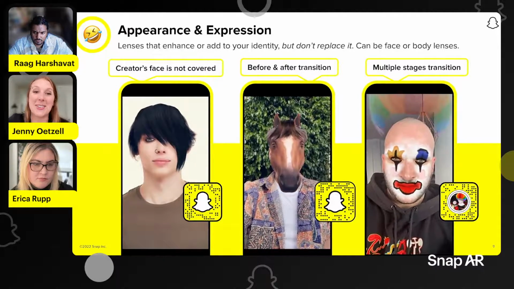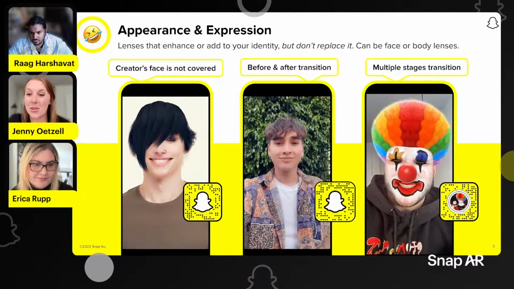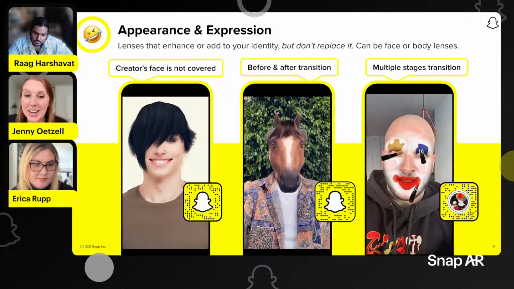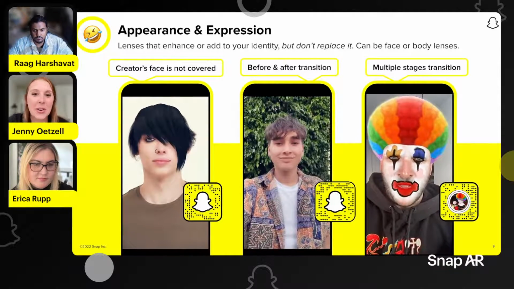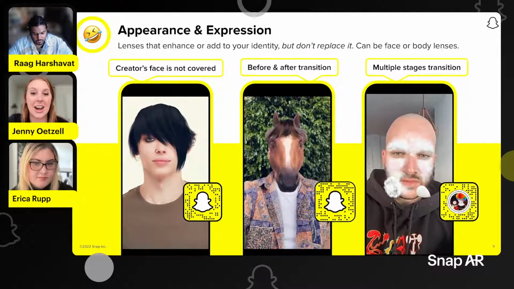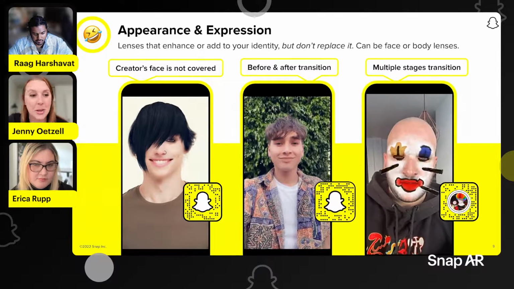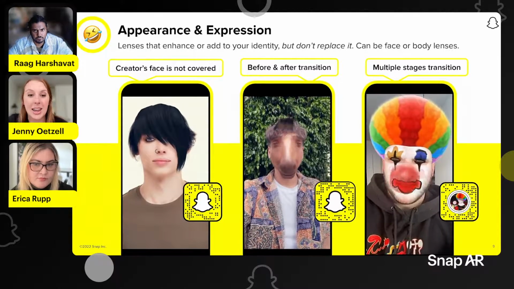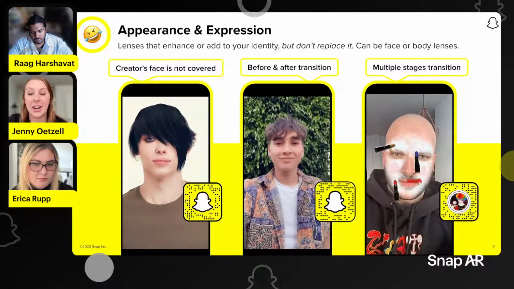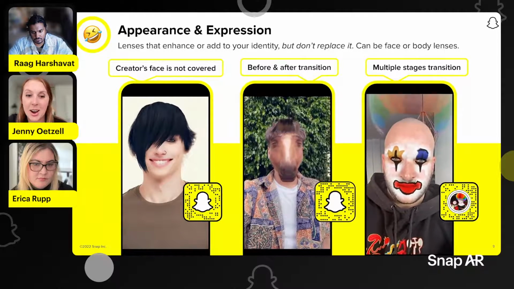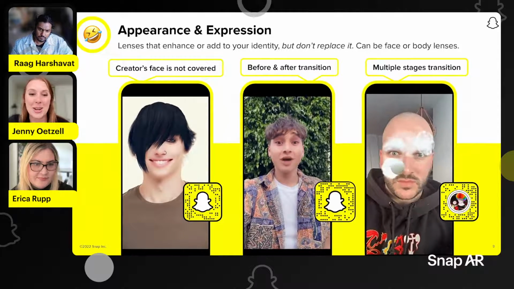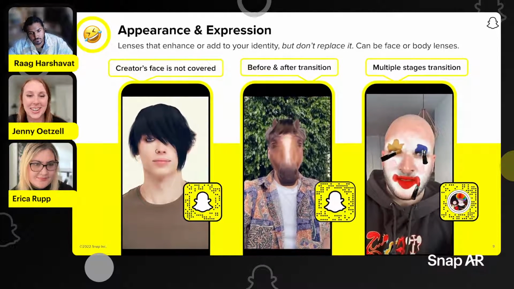Awesome. A lot of you have seen many of these, and I think the lenses Snap has made have really shined in the appearance and expression category. These enhance the user's identity, but we like to say not replace it. I think replacing a user's identity totally can sometimes be a little distracting. But if we can add something to the identity of a user for a specific purpose, that can be incredible for content. The first one, I love to note this lens because it's really fun for making jokes about music you like to listen to, what you liked to dress up as as a kid, whatever.